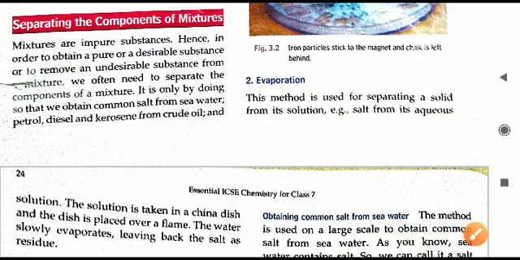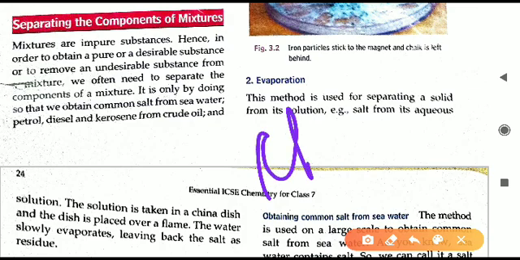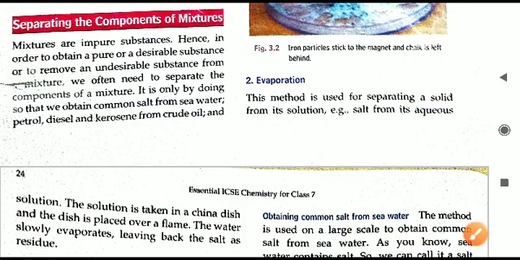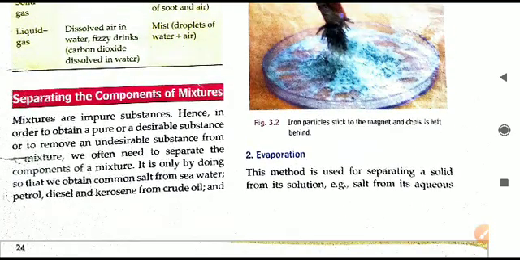separated from each other. See, the syllabus you would have got from the school, chapters 1 and 2, will be for your half yearly syllabus. What we are discussing is chapter number 3. Although it has been excluded for this year, it is cut for this year, but still I don't want to leave this chapter in the middle. Only one video, this particular video, is the last video for chapter number 3. So we can end this chapter. It is better that we learn the chapter completely rather than leaving it in the middle. That is why I am making one more video. Then we can end this chapter also, although it will not be coming in the exam.